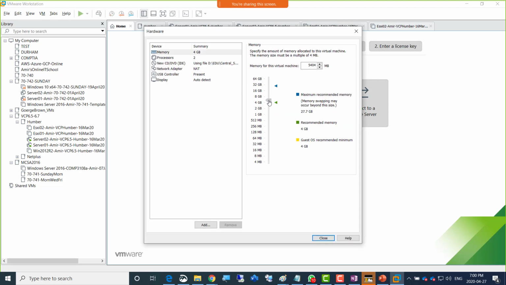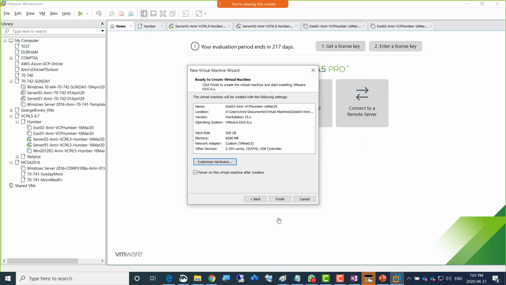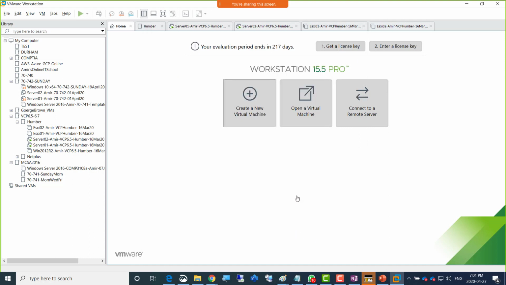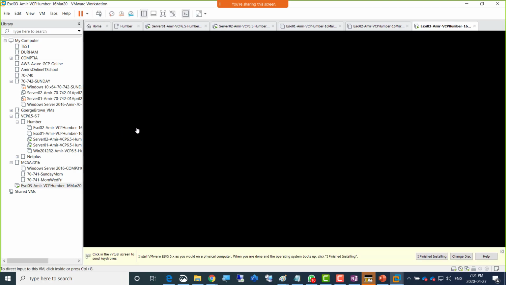So then I'm going for 2 processors and custom VMnet 15, right? We put it on VMnet 15, so Mark's gonna communicate with all those. I'll click finish, and I'm going fast here so I could reach that stage where I can show you the